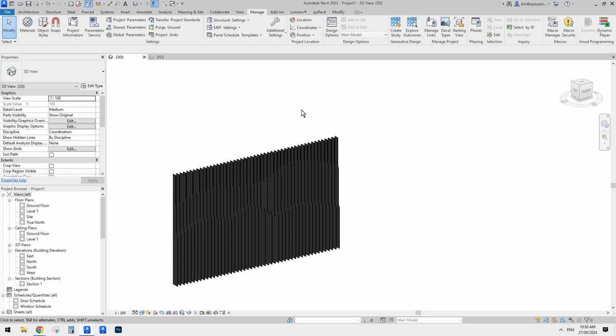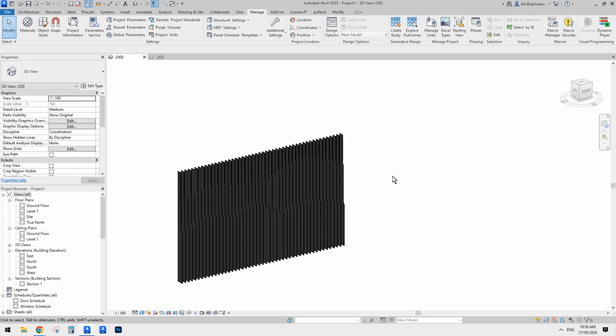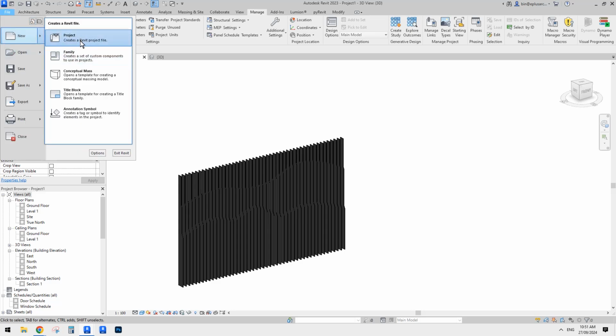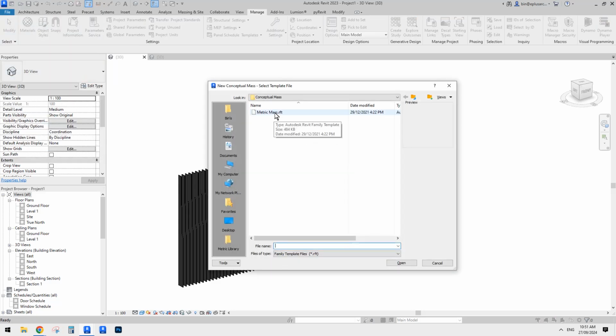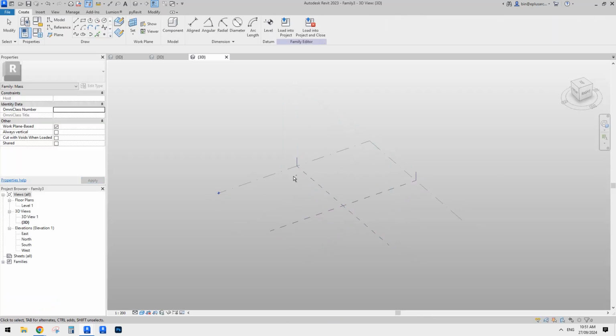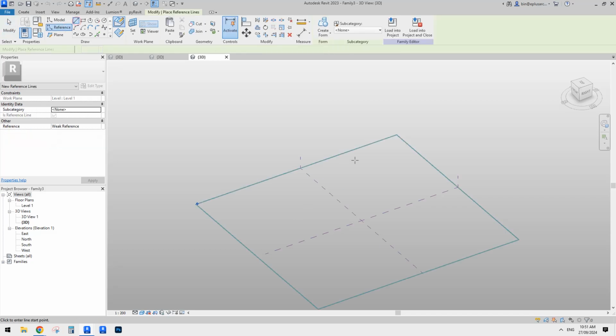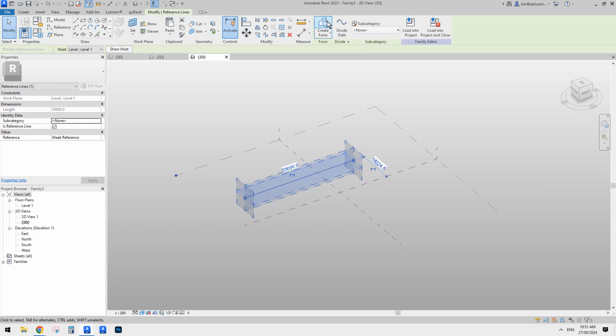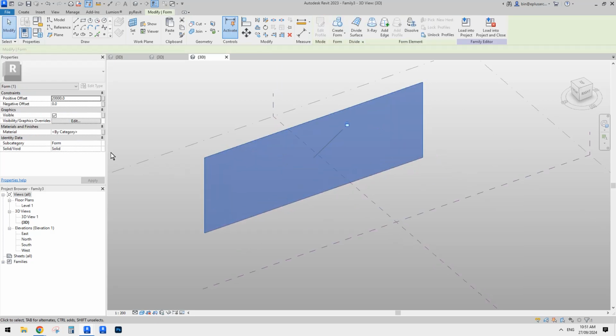Then we're going to load not into this project, because we can't use Dynamo in a project, and because we're going to use mass, and we can't use Dynamo in a model in place mass. So we have to create a new conceptual mass instead. In this conceptual mass, I'm going to just do a very simple line. I just draw a line, and from this line, I'm going to create a form. Maybe I'll make it a little bit shorter,